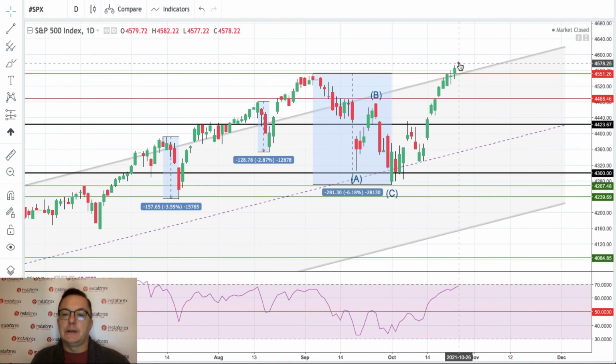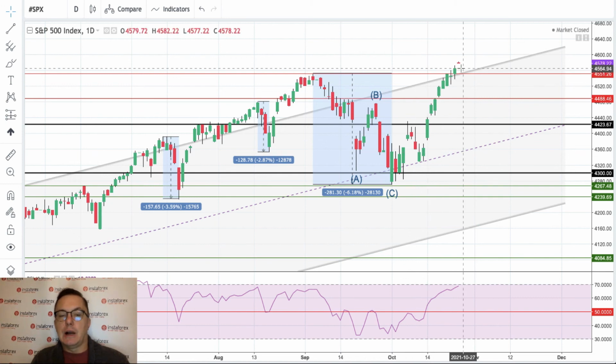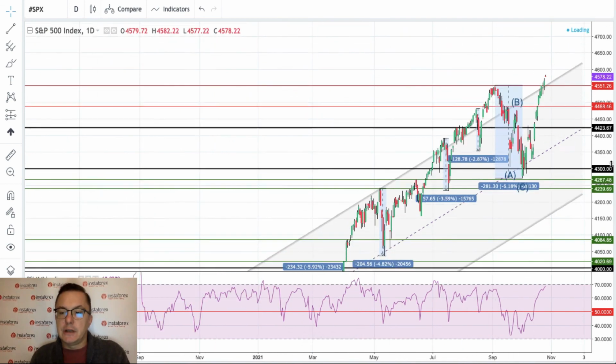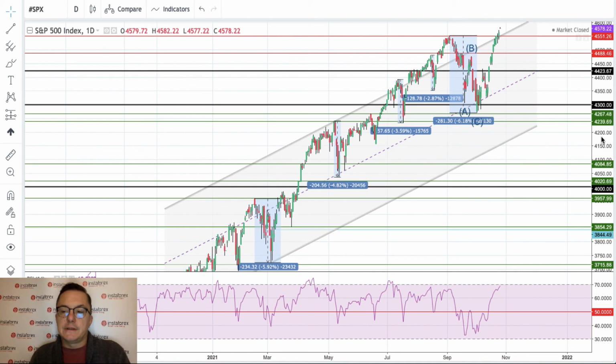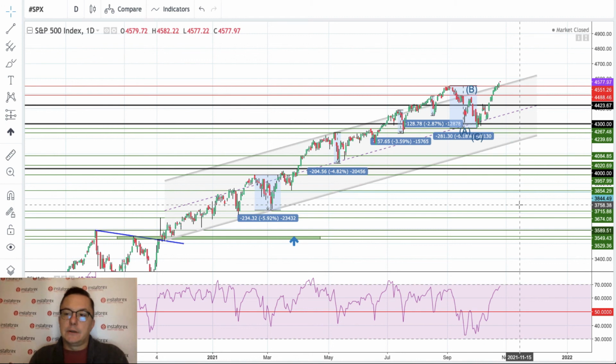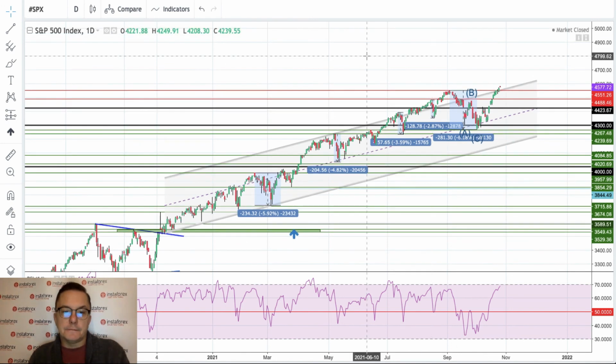So the US dollar index is doing just fine. Nothing changed here in the major outlook. Any correction is being bought back up, and new highs are being made. So nothing is changing in the larger term right now. We are still in the uptrend. We are going up and up and up towards all new highs. I think with that kind of pace, with that momentum, it's very much possible for this market to hit 5,000 points before the end of the year. So we will see how it will go.